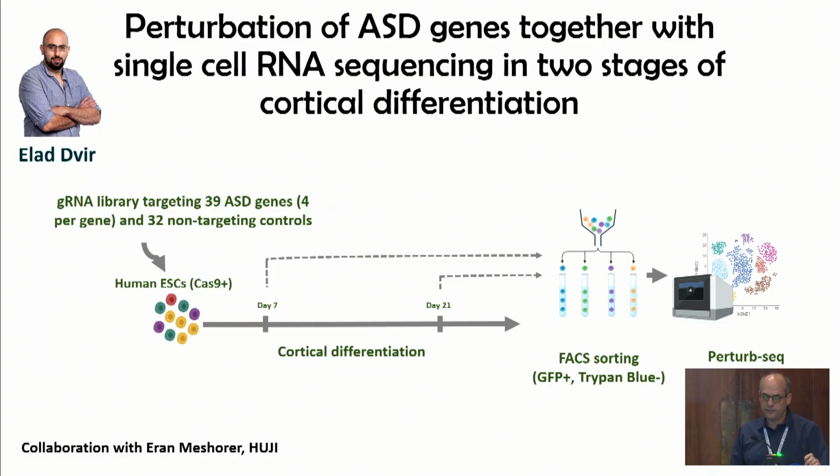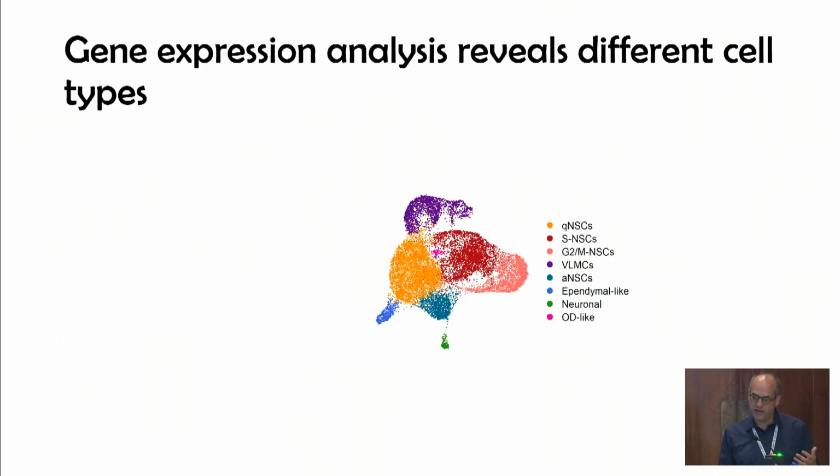I didn't mention it, but these 39 genes were all the high-confidence autism genes that are involved in transcription and chromatin regulation. And so single-cell RNA sequencing reveals a variety of cells, including progenitors and neural stem cells in different